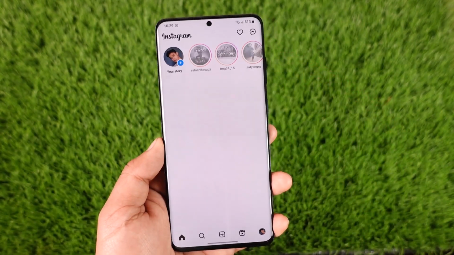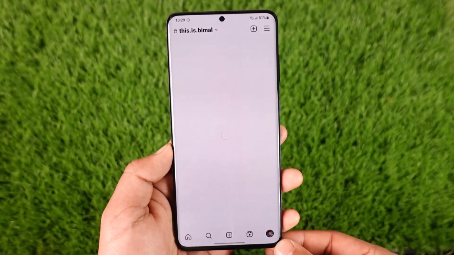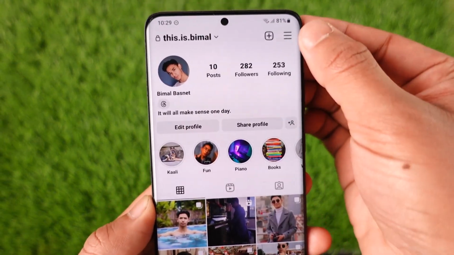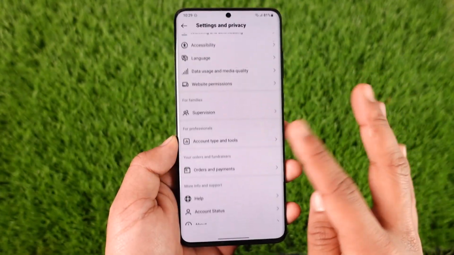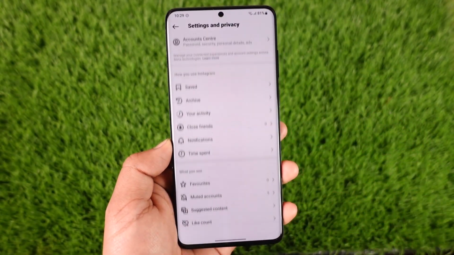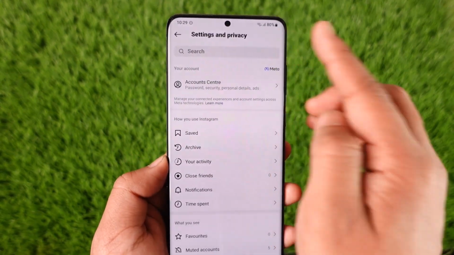Launch the Instagram application over here and then just tap your profile icon from the bottom right of the screen. Once you do that, make sure to tap on the three lines option from the top right, and then over here you can see many options, where you might not find the quiet mode option because Instagram changes the layout so frequently. So what you need to do is tap the search bar at the very top, which is the